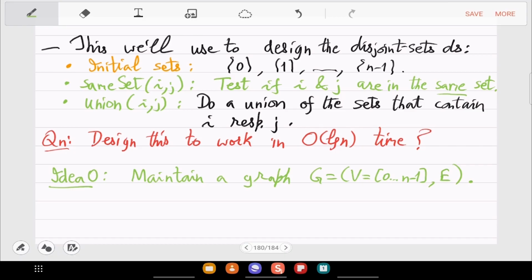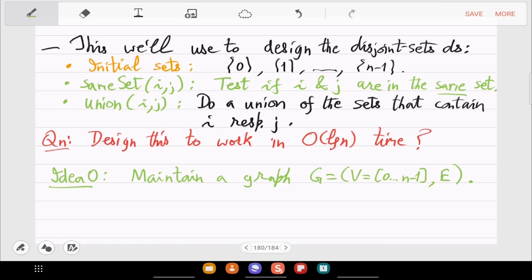The elements 0 to n minus 1 represent vertices. Sets, you may want them to represent connected components, right? So when you start, you can have connected components 0, 1, ... n minus 1, which means that there is no edge. That is what the initial graph is.